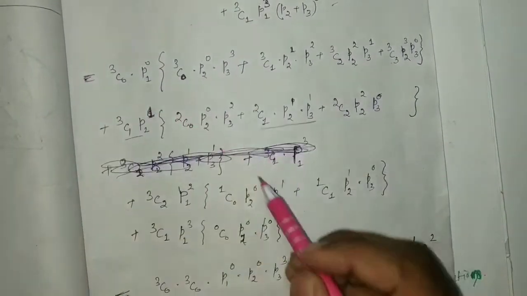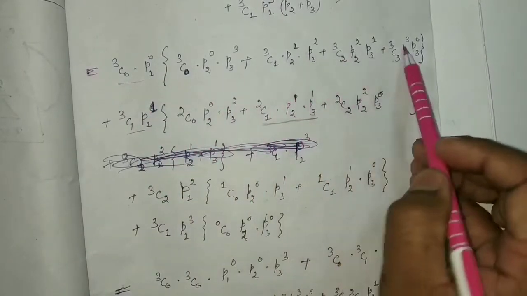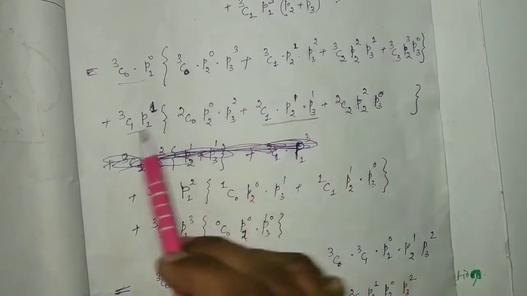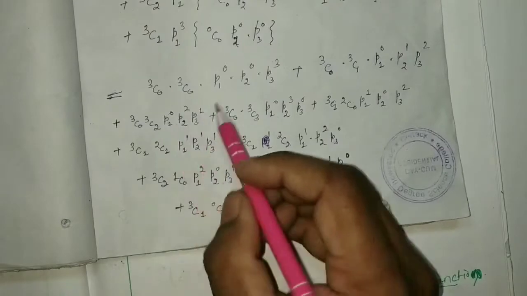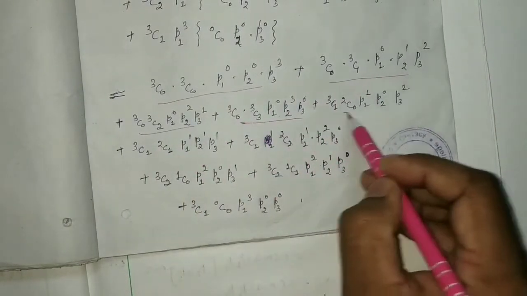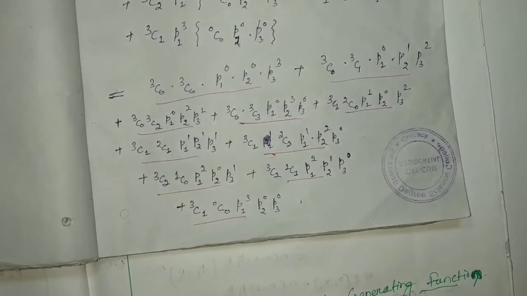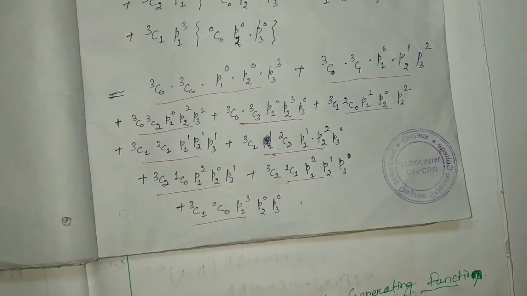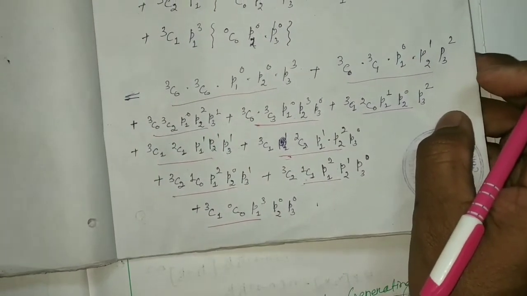Okay, so here how many? 1 2 3 4. This term is going to multiply with 4 terms, this term is going to multiply with 3 terms, this term is going to multiply with 2 terms, this term is this term. So at last we found this one, 1 2 3 4 5 6 7 8 9 10 terms. Okay, any one of the terms you just keep and check.